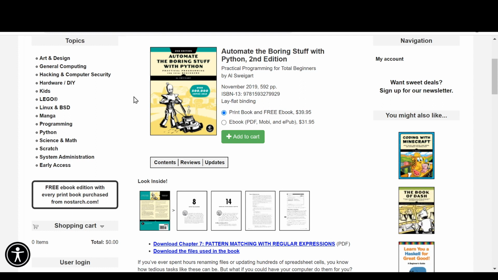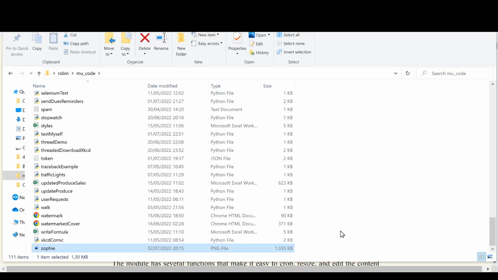And on the linked page, you can then go to download the files used in the book. This is going to download all the files that you need. You can then go ahead and copy the sophie.png file over to your working directory. That should be under users, your username, and then mu_code. Then we're going to make some changes to this image and use it to learn about how we can